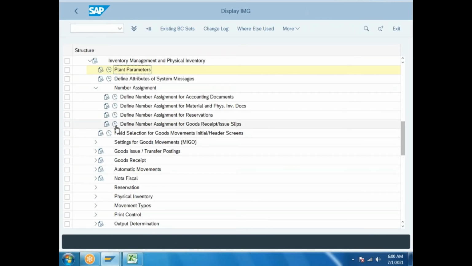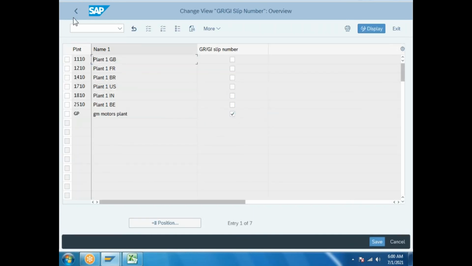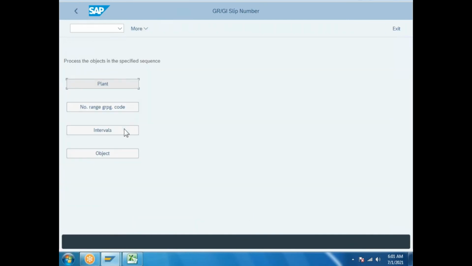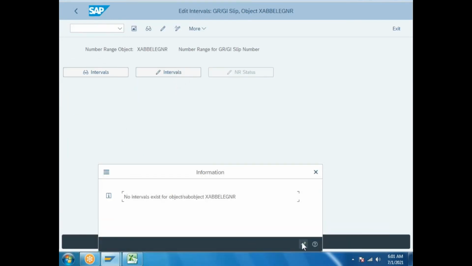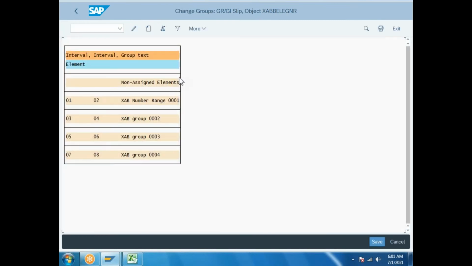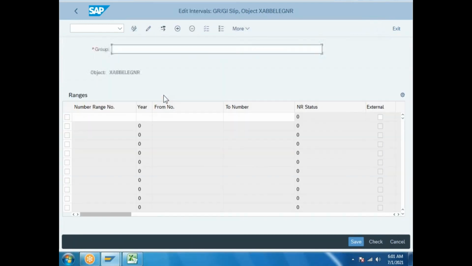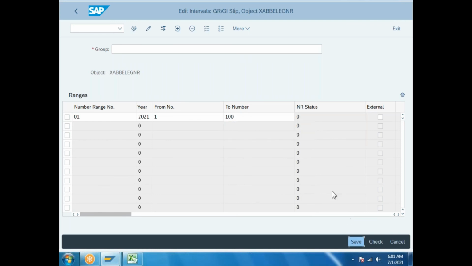Now define goods receipt issue slip. First the plant is activated. This is already done. Now second point, here go to interval. We are going to give interval. Change. Create 01. What is the financial year? Save.